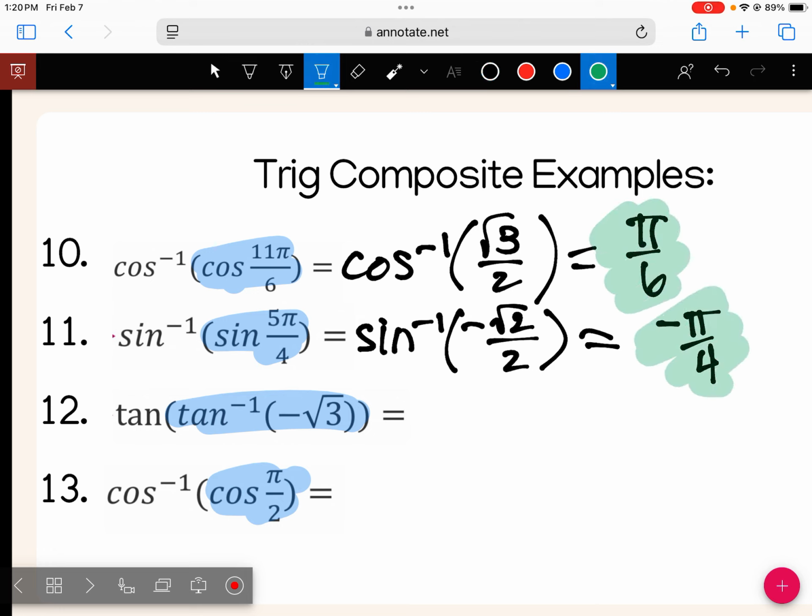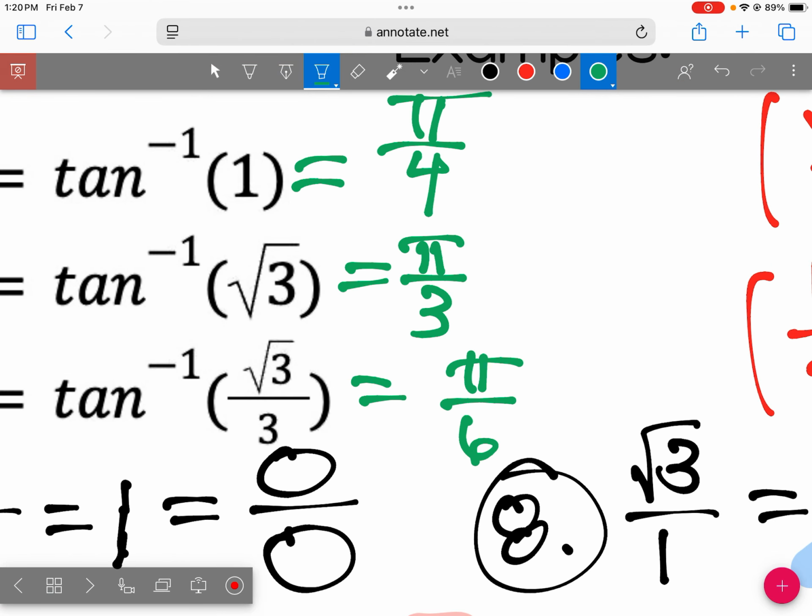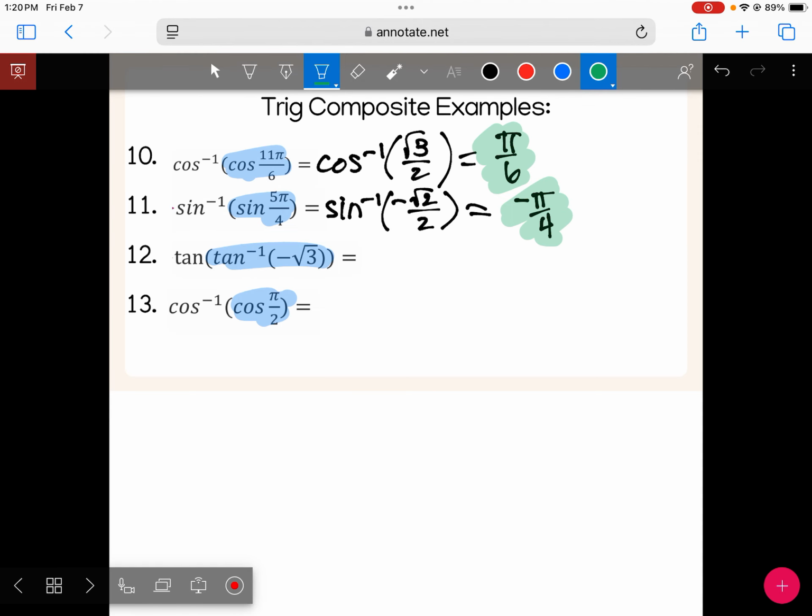Okay, so now is negative root 3. So if we come back here, root 3 was at pi thirds. So a negative root 3 would be where? Negative pi thirds. So a helpful hint, if what you have in the parentheses,